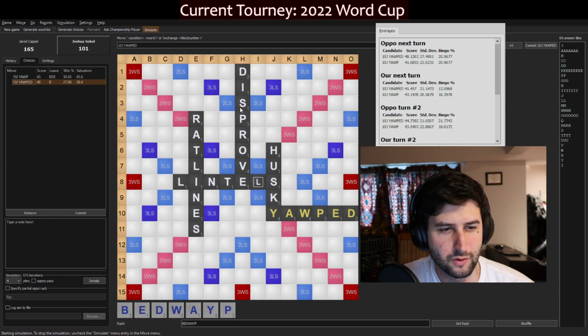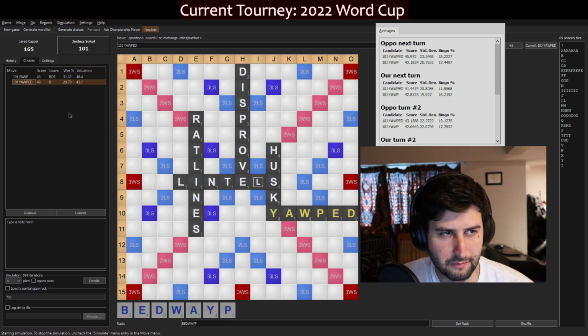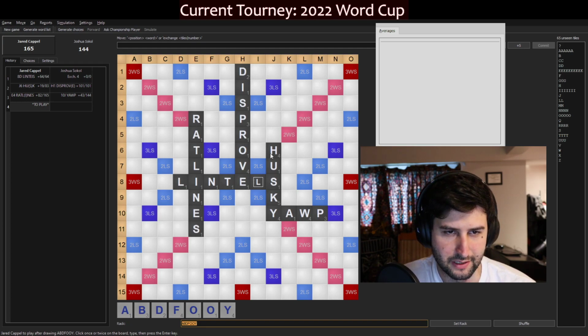It doesn't really do that well on this board because I'm duplicating this D in disprove, and the BIDE combination isn't great either, but I could maybe bingo through this I. My chances aren't phenomenal. 16% bingo chances for a balanced leave. That's not very good. So I wasn't super thrilled with this,